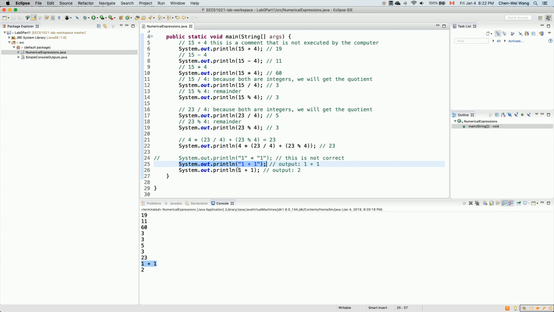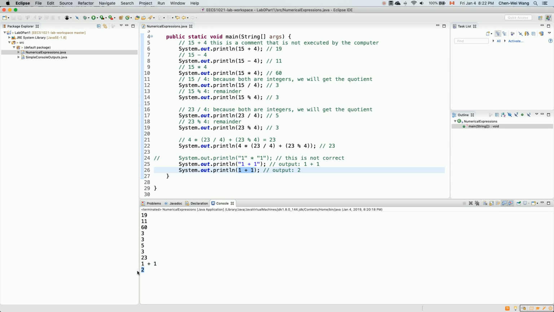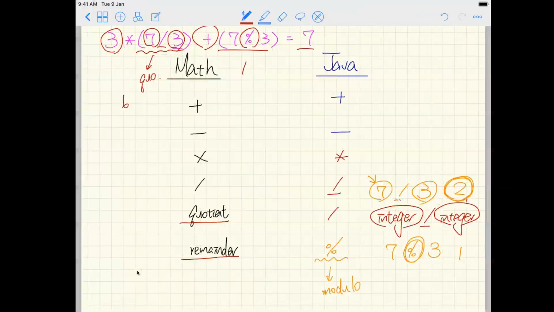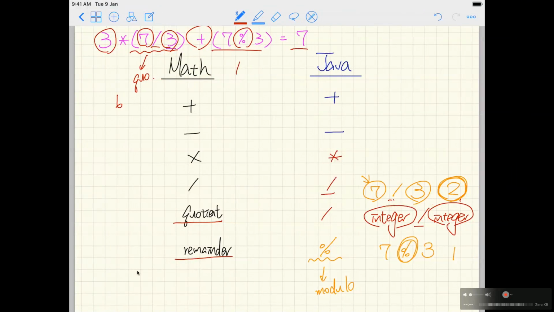On the other hand, the last print statement over here, 1 plus 1, is going to generate exactly the calculation result, which is 2. Okay, hopefully you follow so far. Let me do one more thing. When I talk about calculation, the only thing I haven't talked about is the case for division, what if one of the operands